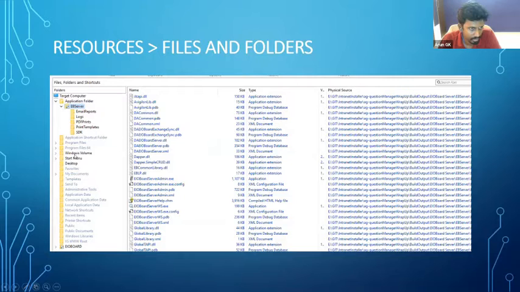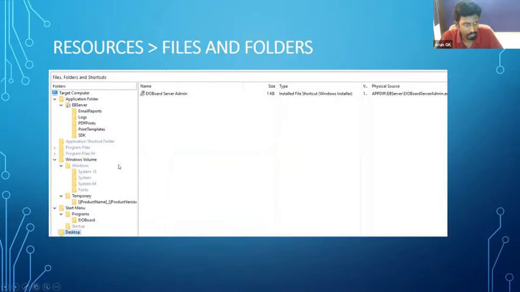Then we can add a start menu entry here. You have to add a shortcut file, then it will automatically be replaced with the shortcut file when you install the application.